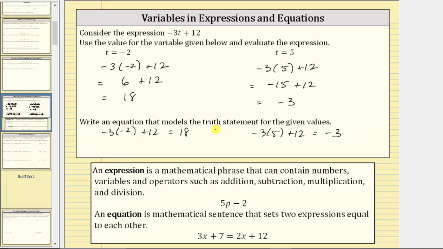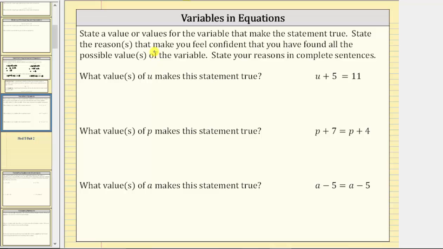And now let's look at some equations. We're asked to state a value or values for the variable that make the statement true, then state the reasons that make you feel confident you have found all the possible values of the variable. Use complete sentences. The first equation is u plus 5 equals 11, and again we're asked what value of u